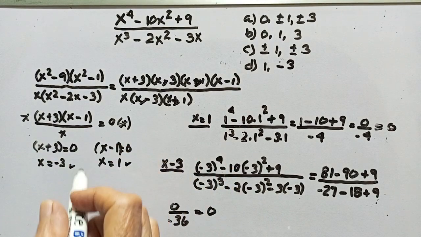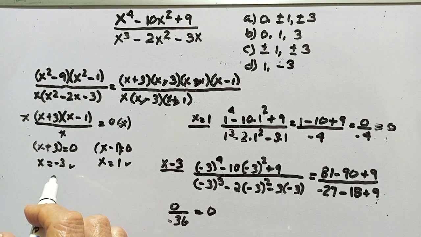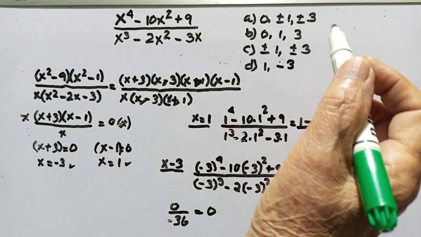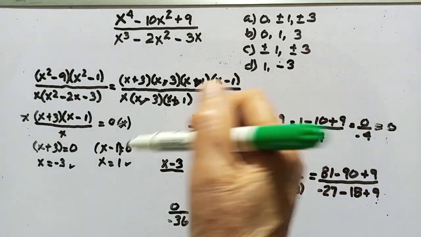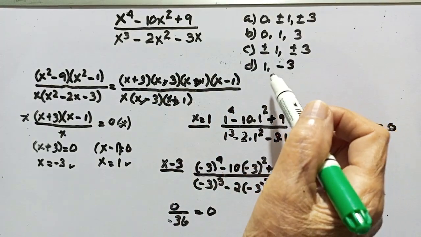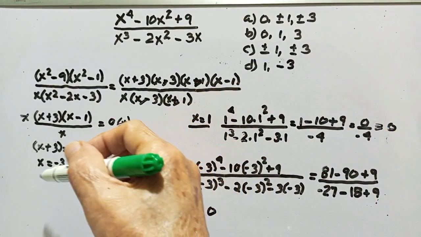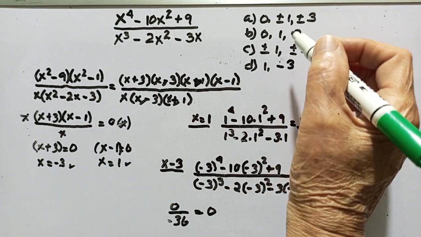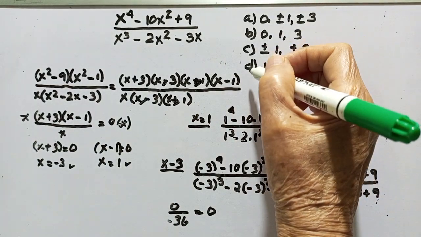Now we look for this solution set in our probable answers. We have x equals 1, you have there 1. And minus 3, you have there minus 3. So, the answer is